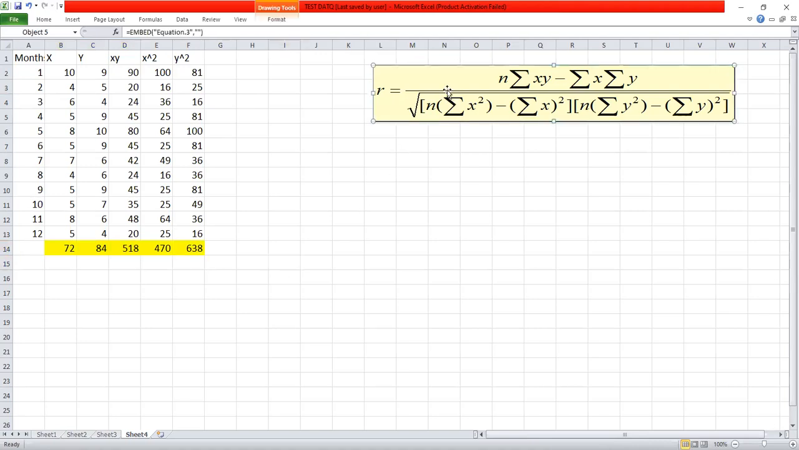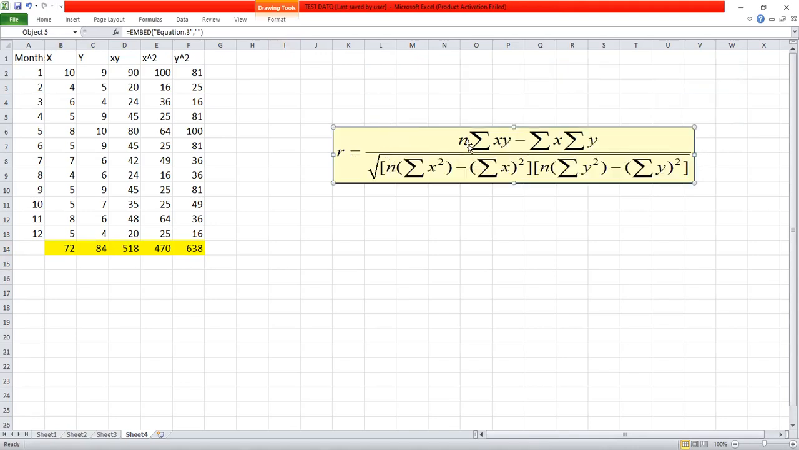You substitute now, and please write it. R is equal to what? 12 times xy, which is 518. 12 times 518 minus 72 times 84. That's sigma x times sigma y, yeah? Divide by the square root. You must use this square bracket. You'll know why. The square root of